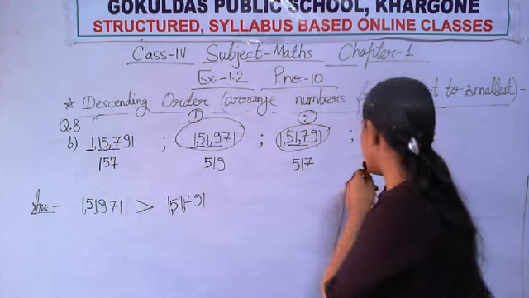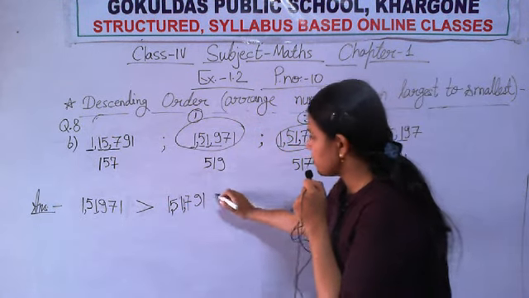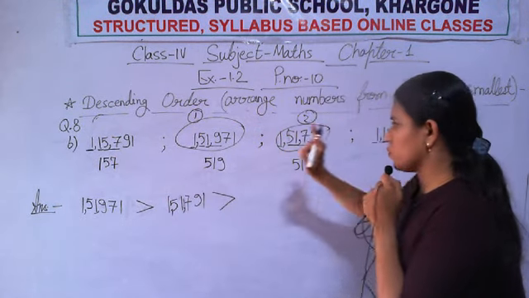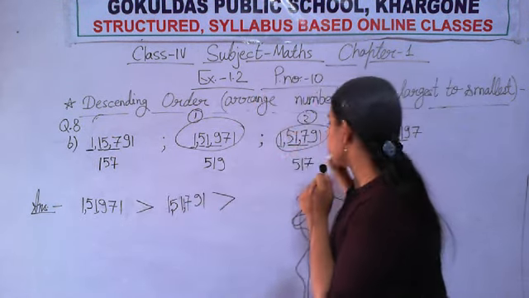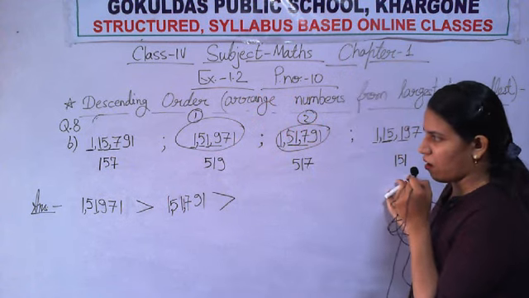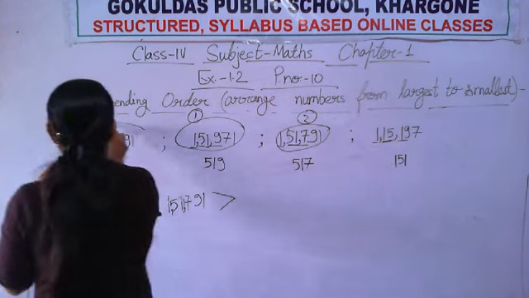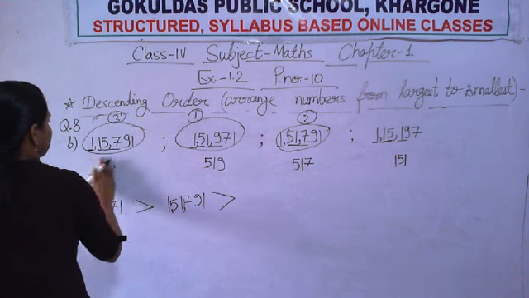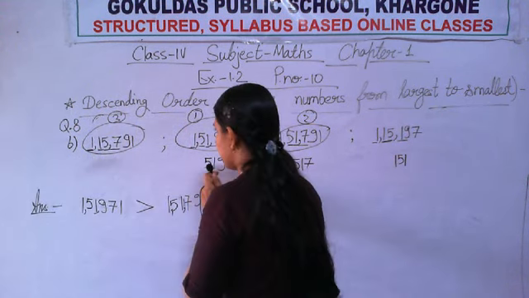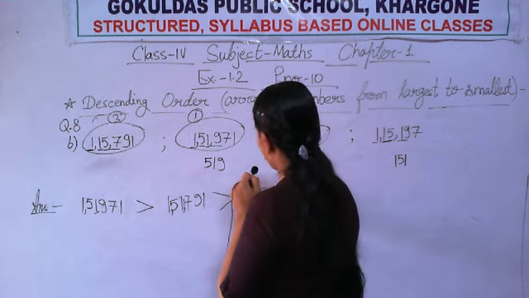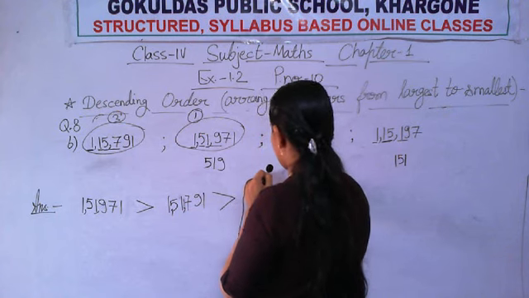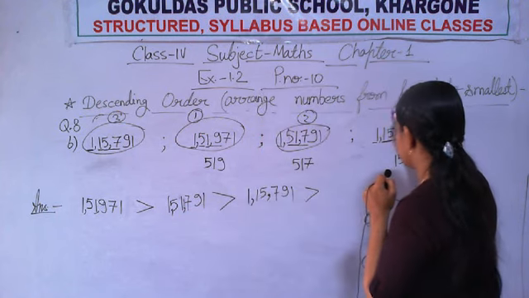Now which number will come at the third place? Which is the largest number among these two? 157 or 151? This one. So this number will come at the third place. So write it 1,15,791